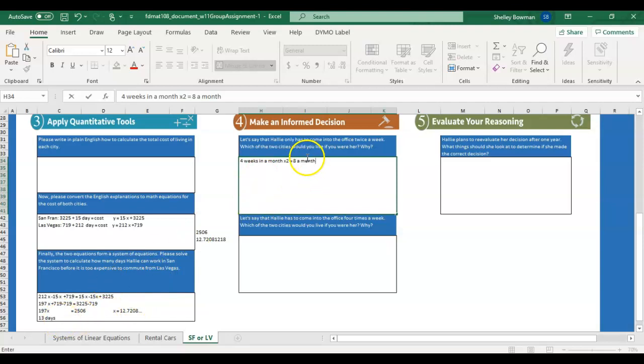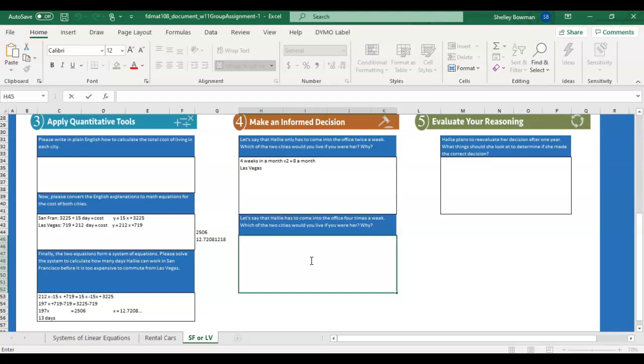This is actually under, so she could still live in Las Vegas. It is still under that, and she could still live there and still commute 8 times a month, and it's still cost effective for her. The next option is, let's say Hallie has to come into the office 4 times a